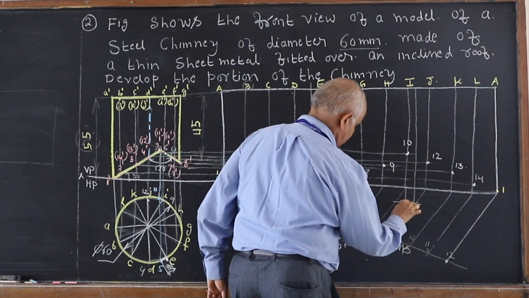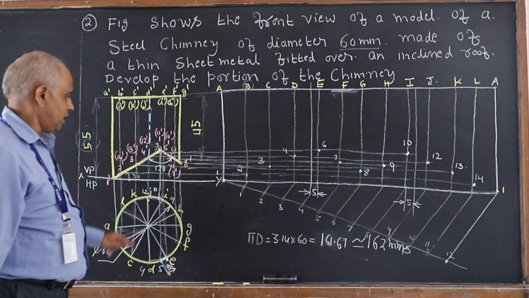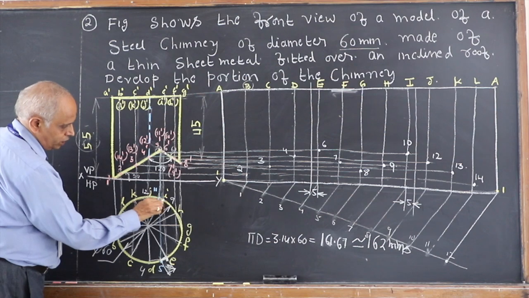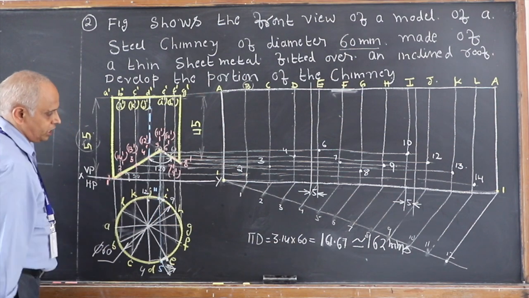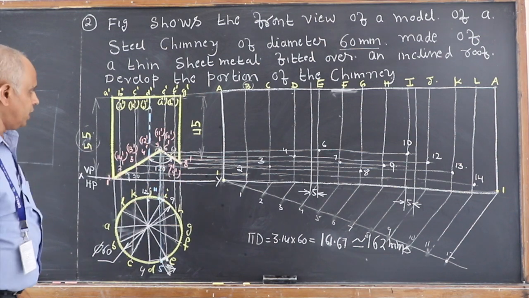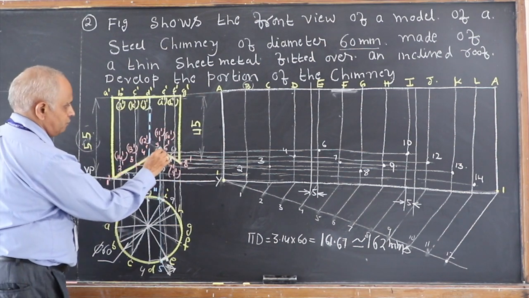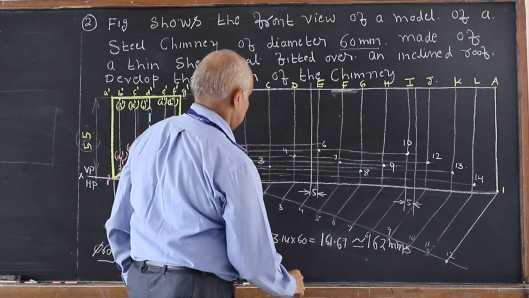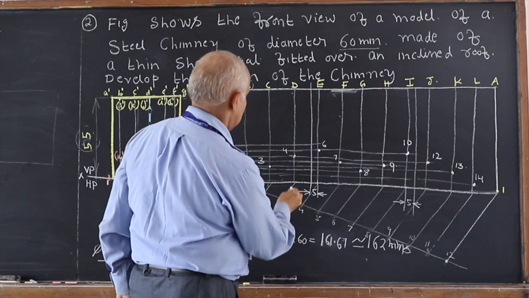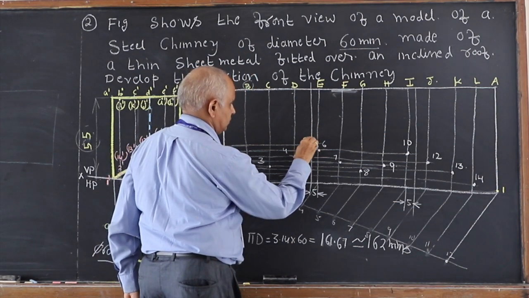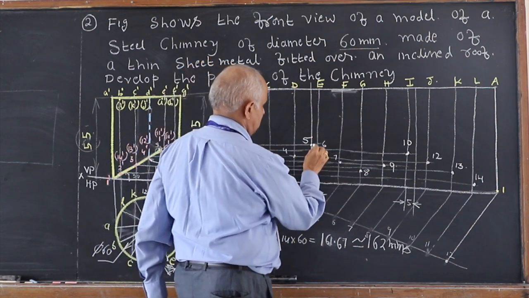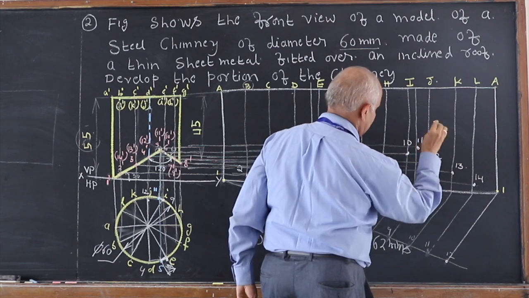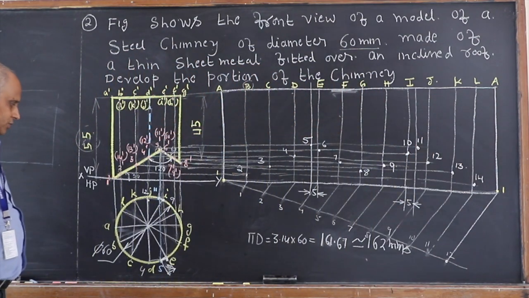Any problem, whenever you don't have a generator passing through the point under consideration, extend it and project it onto the top view. You have a known generator. From there, nearest to the generator, you take the distance and mark those 2 generators. And now project 5. 5 should go on to this point, on the 5 mm line, and if I take it further here, it should go to this and I'll get 11. So this is the extra step that you do.